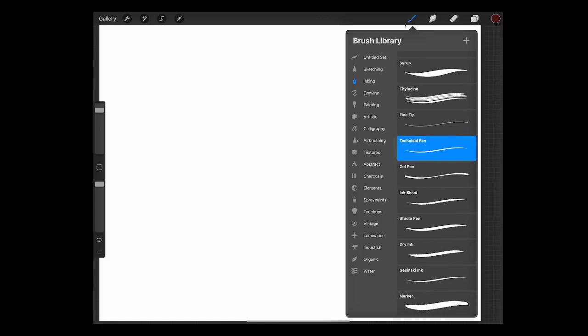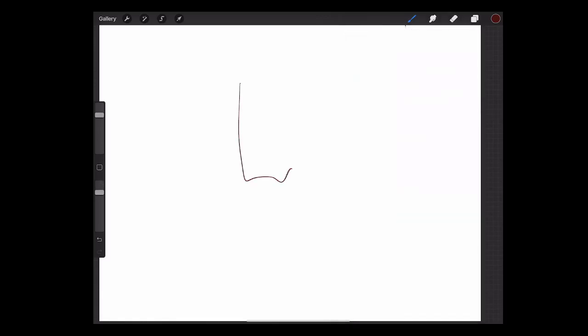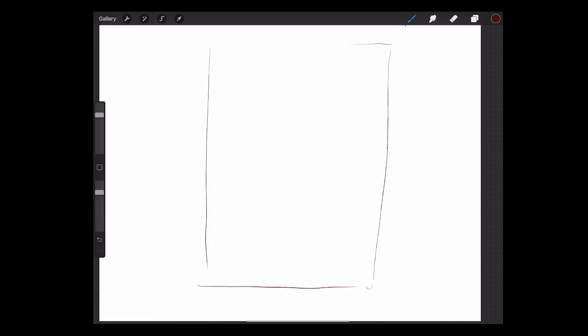Let's get a little bit thicker pen here. There we go. All right, so create a bounding box for my composition. It's a vertical composition. And let's see, what's an idea? What are some 2, 3, 4 elements that we can bring into this composition?